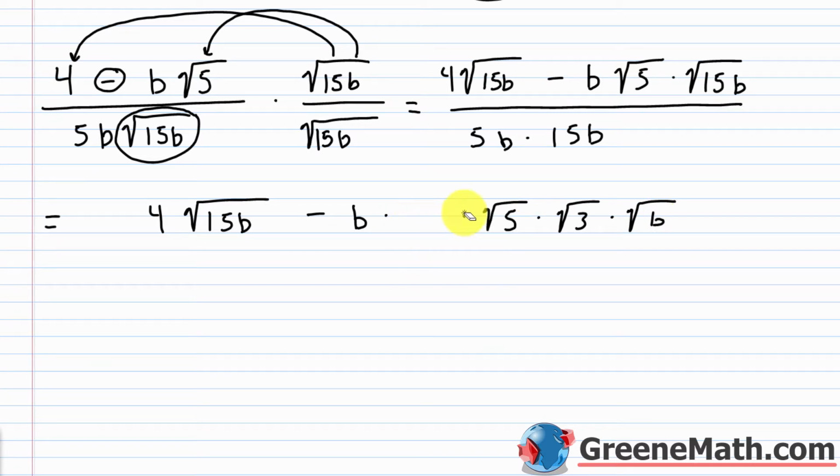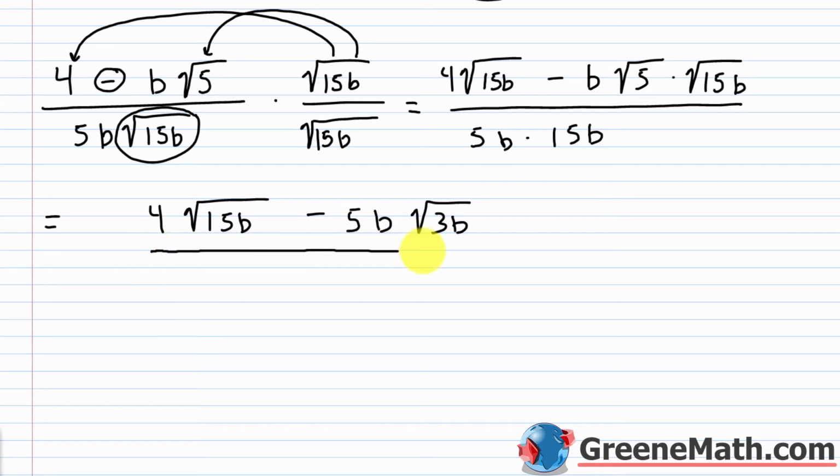So I might as well just erase this and put 5. And then there's really nothing else I can do with the rest of that. So if I want to clean this up, I can put minus 5b times the square root of 3b times the square root of 3b. Then this is over 5b times 15b. Really all I can do is say that's 75b